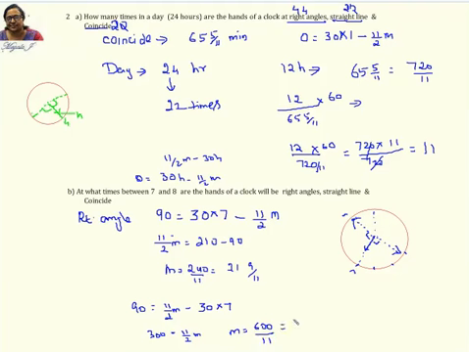What is 600 by 11? 5 times 11 is 55, balance is 50, so 54, then 54 and 6 by 11. This time is 54, 6 by 11. This other time was 21, 9 by 11. So at 7:21 point something, you're going to get 90 degrees. At 7:54 point something again, you're going to get 90 degrees. Clear? So for a straight line, how will you do it now?